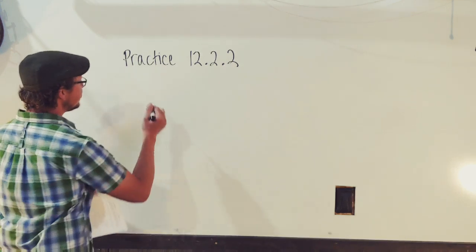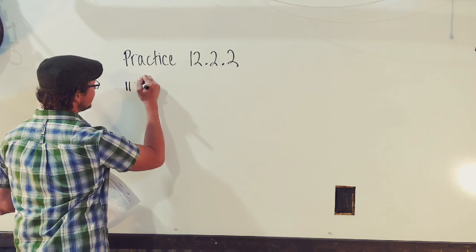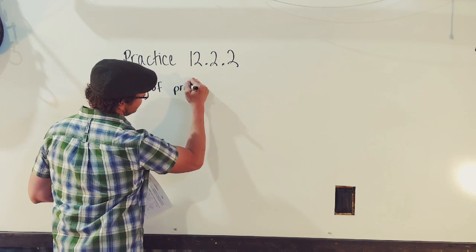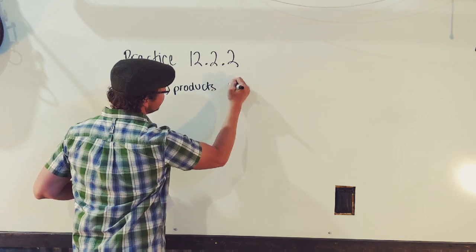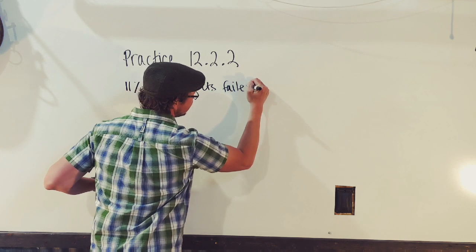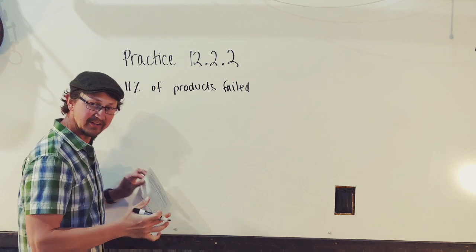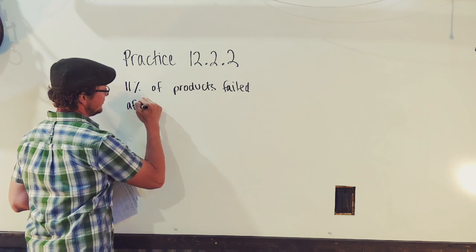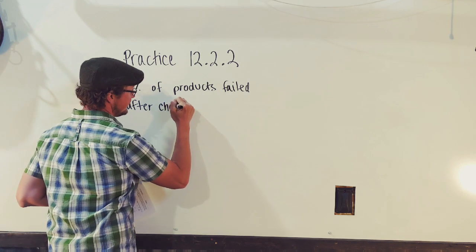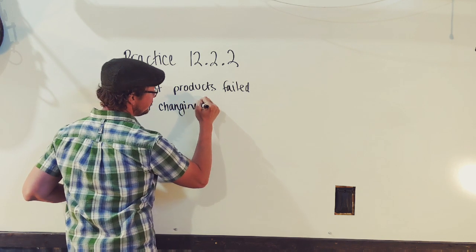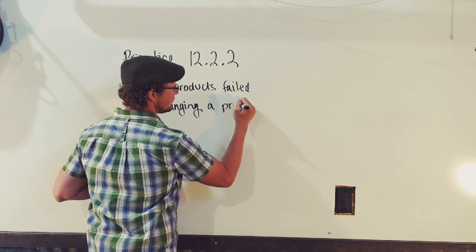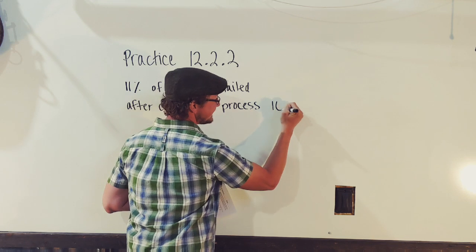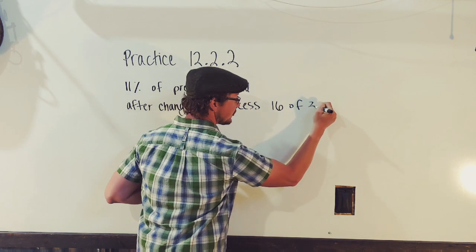So it used to be 11% of products failed. And then they tweaked it. So then after changing a process, they found that 16 of the next 300